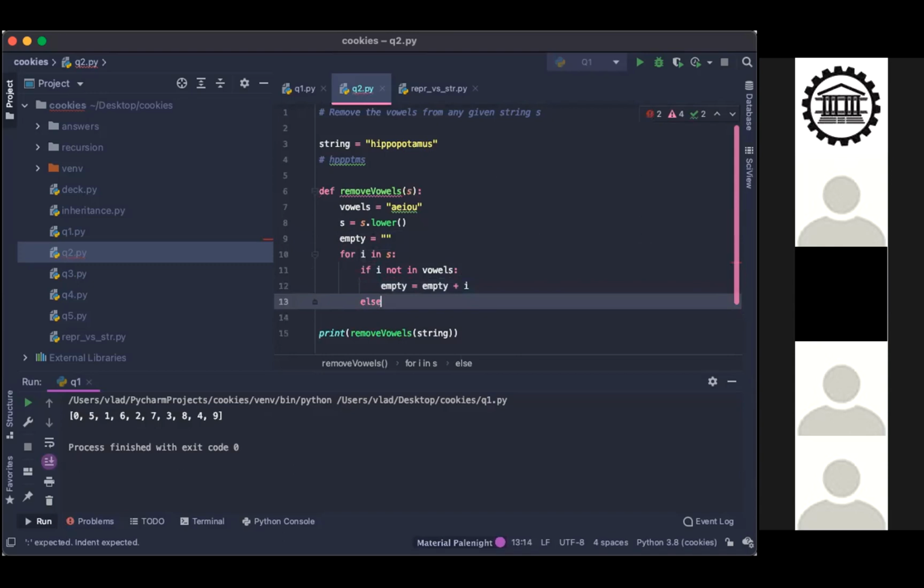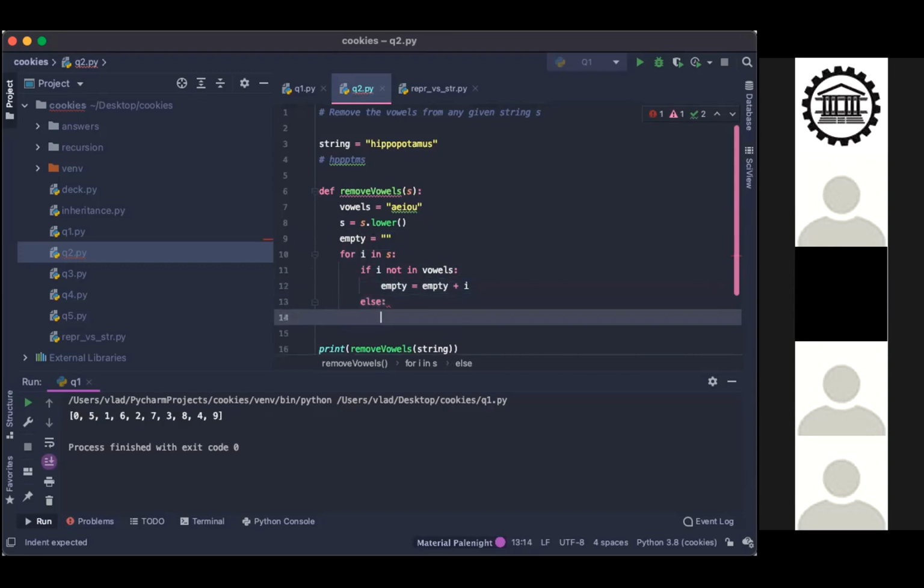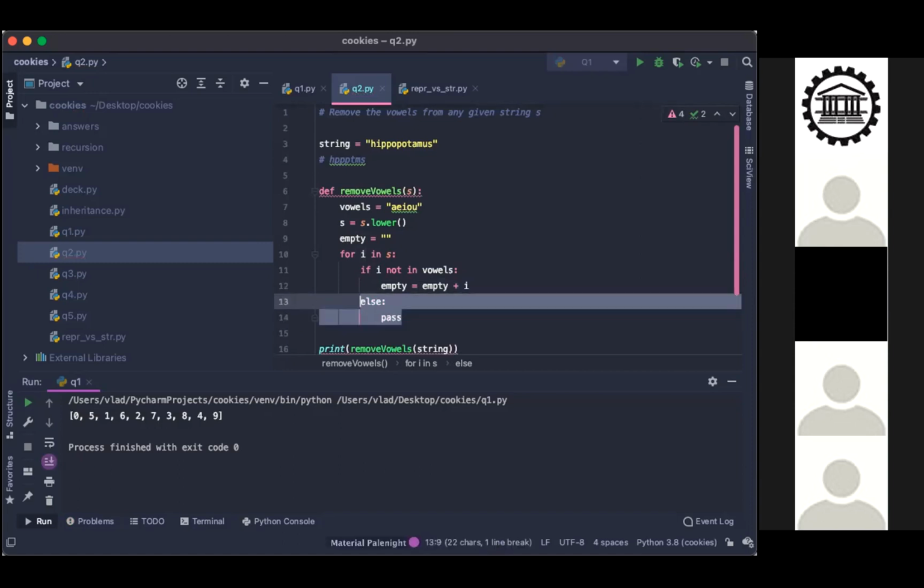I usually do else and then pass, but if it's extra, you can remove that. You actually don't need this, because if there's no else case, it just won't do it. I usually do it on my own just because I like to see if and else together. I don't know. I'm an idiot. Out of the for loop, same indentation as the for loop. Okay. Return empty.